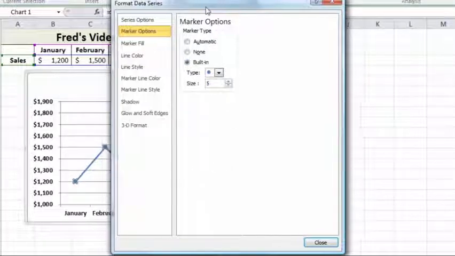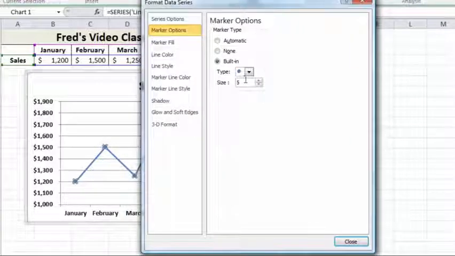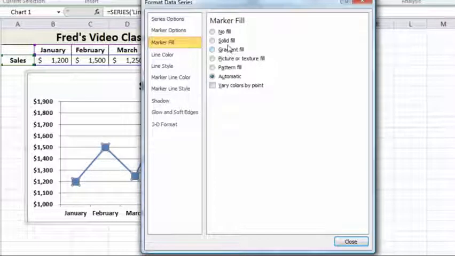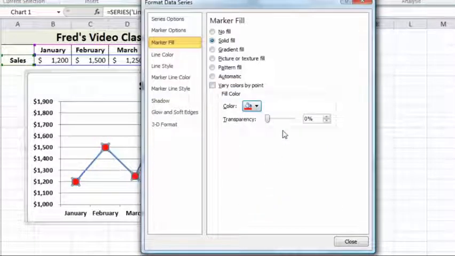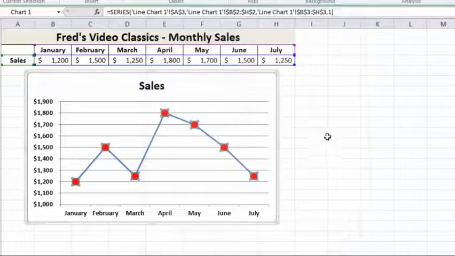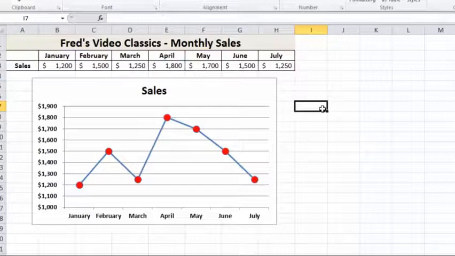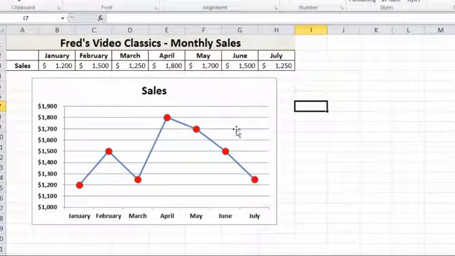Actually, if I just move the dialog to one side, you'll see a little live preview as I change the options here. So if I increase the size to 10, we can go to the marker fill options and I can choose a solid fill, perhaps have a stronger color, maybe make it red, and I can even make the marker color transparent so it's slightly faded out if I want to. I'll leave it at 0 transparency for now, so it's solid. Click on close, just click away there, and you can see now that the data points stand out very strongly